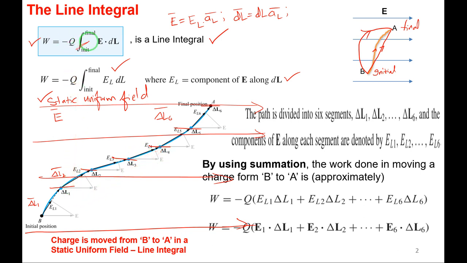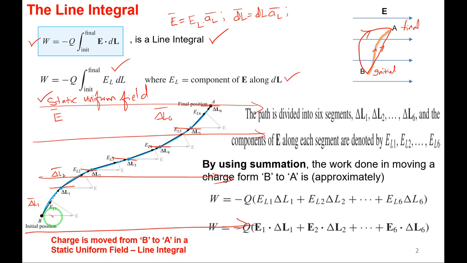From here it is almost a straight line, right? But actually we cannot replace this line integral with a summation exactly, because if I want to take the integration, we have to consider infinite line segments, and that is not possible. We have divided this path into 6 line segments, delta L1 till delta L6. We have chosen the path in such a way that the first line segment is almost a straight line, then the second line segment another straight line, right? This is a curved path, but we have divided it into line segments that are almost straight lines here, right?